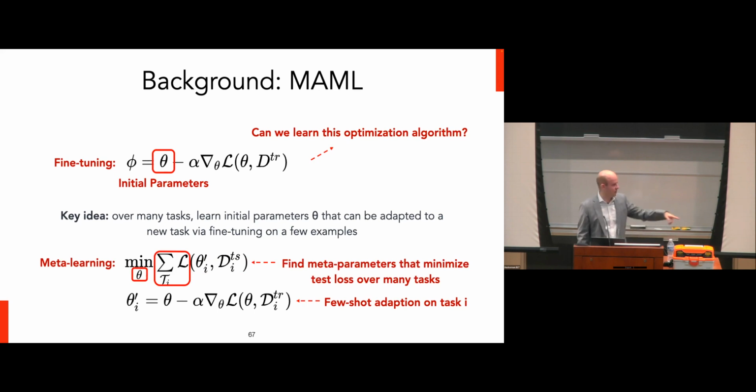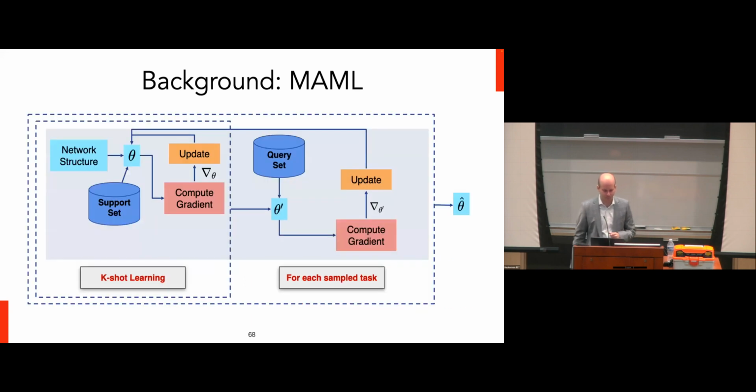And importantly, what you want to do is find the initial meta parameters that minimize that test loss over many tasks. Kind of making it super simple since we want to go fast. What you're trying to do in meta learning is learn an initial set of parameters such that when you take a limited number of gradient steps on some new training examples, you adapt the model to be able to do the task that is represented by those training examples. So you're trying to find an initialization for your model that enables rapid adaptation to new examples.